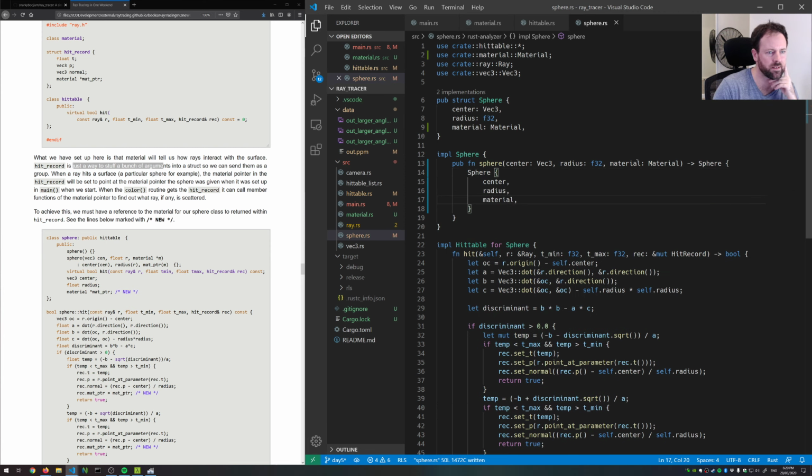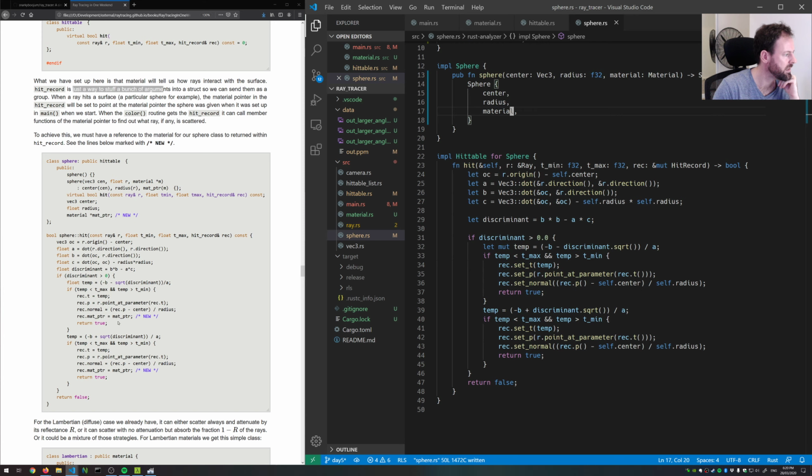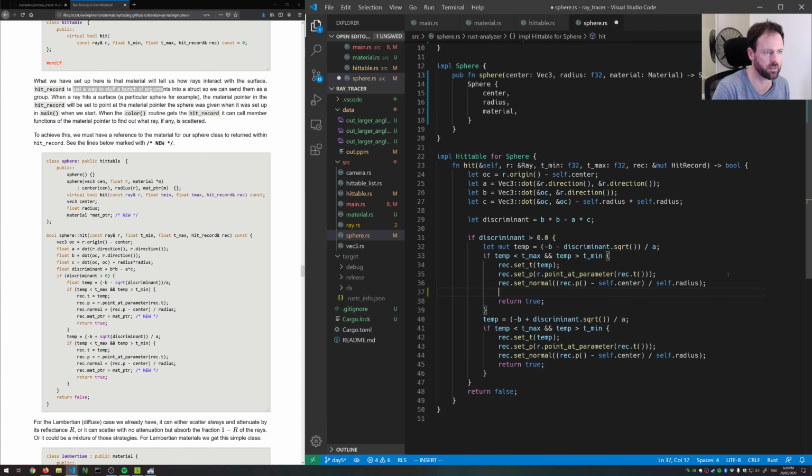So that now has a reference to the material that the sphere is made out of. We build that at constructor time, and then also we need to set that when we implement the hit method. So we need to set what material was hit. So that's just going to be now,